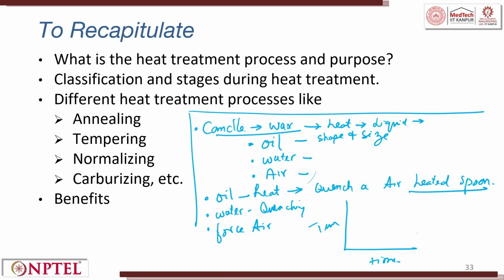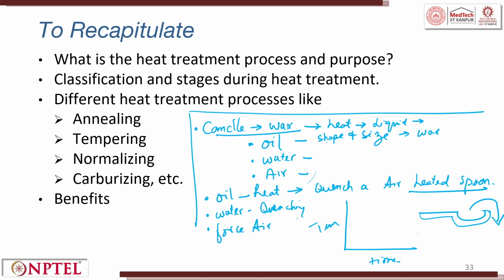After doing it, you have to see the shape and size of the wax you poured. Here you will try to bend the spoon. After oil quenching, bring it to room temperature and then bend it.